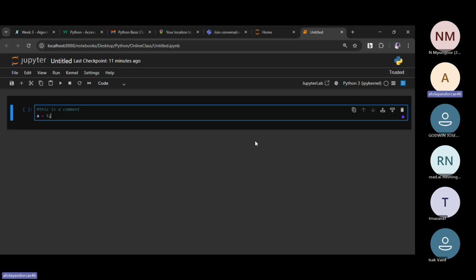We talked about numbers, how we can convert numbers to strings, and how we can add up numbers together in our last class. I'm just making a quick recap of what we did last class. Then we talked about casting, changing a variable from one data type to another data type.